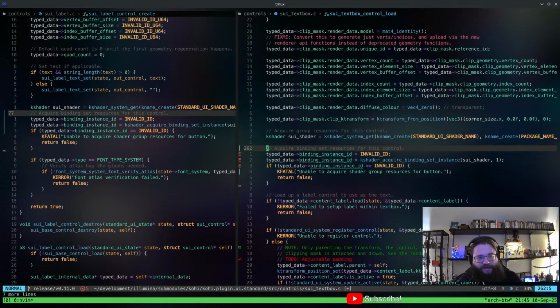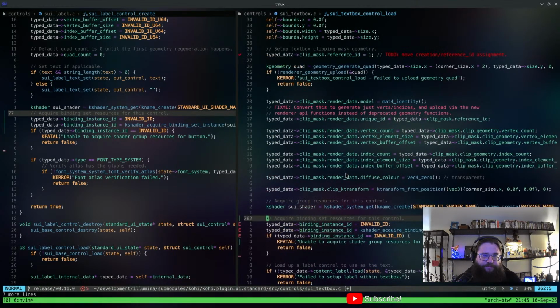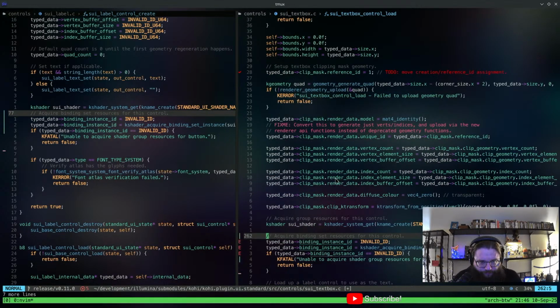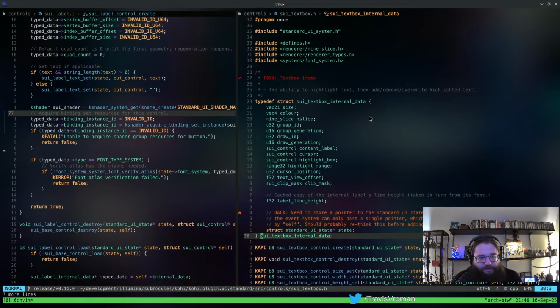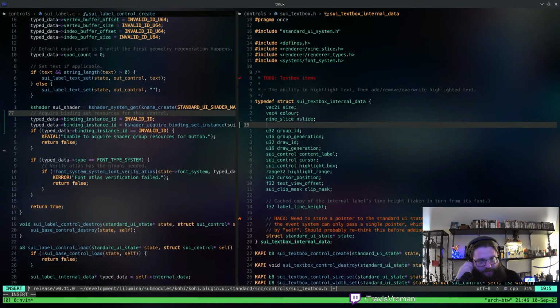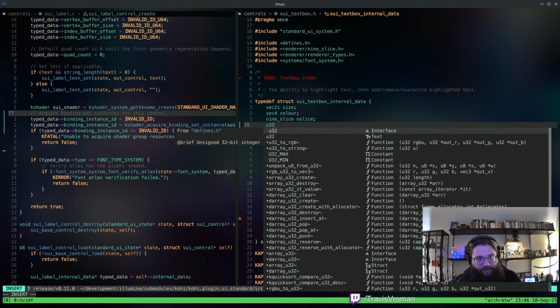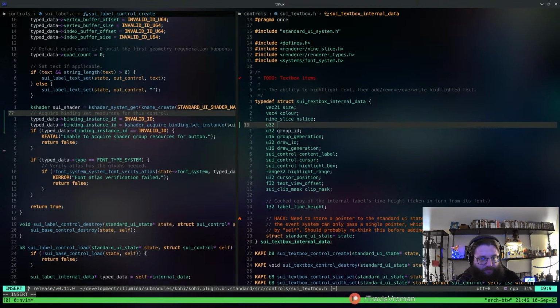Let's see, type data, okay. So I guess we had this for each individual. We did. I don't know if I love that, to be honest. I think I'm probably going to wind up refactoring this at some point, to make it a little more lean and mean, right?